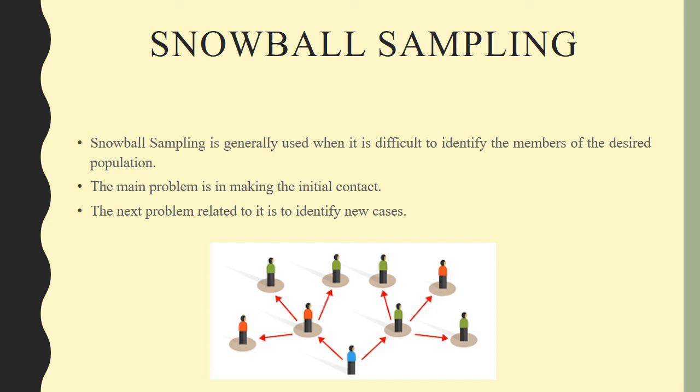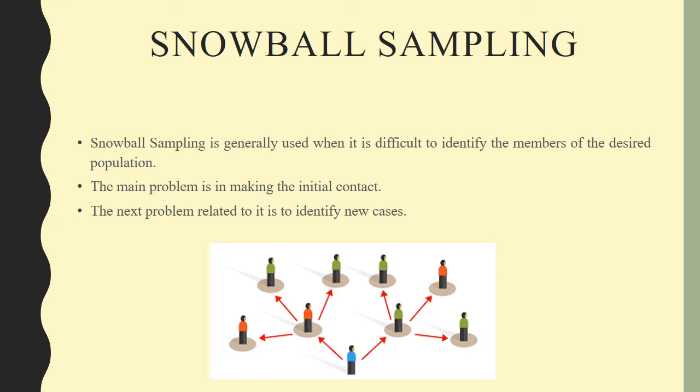Similarly, this sampling takes place. So that is why it is called snowball sampling. Under this design, as we said, I would like to repeat it once again: each respondent, after being interviewed, is asked to identify one or more others in the field. So this could result in a very useful sample, right?